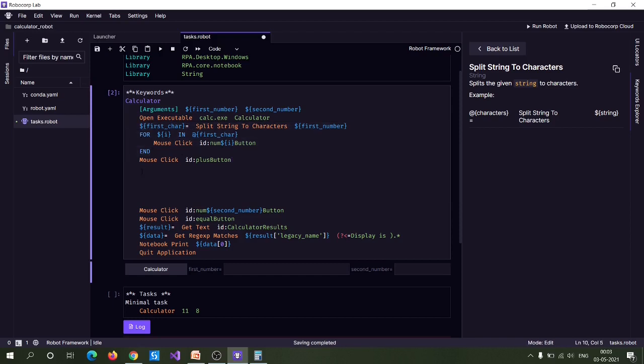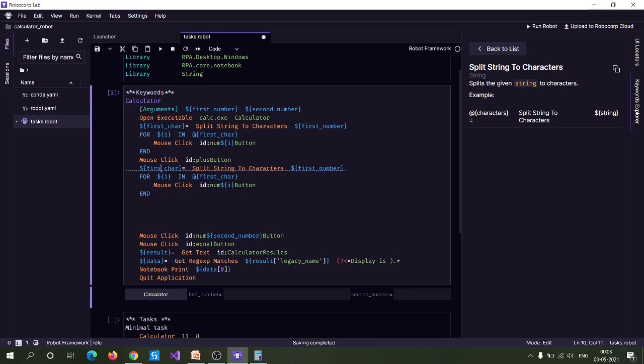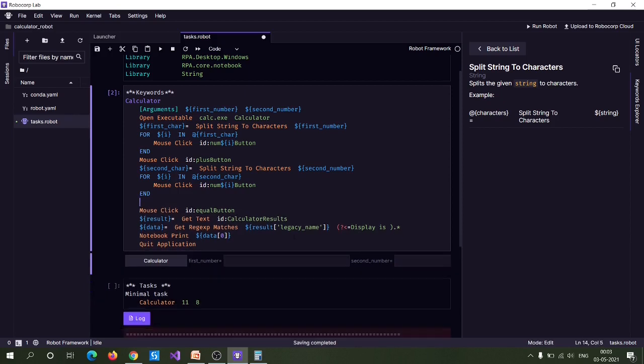So let me specify this here, second_cat. Since the same thing applies, we don't need to write it again. We had already applied it here, so you can delete this one here. The rest is actually the same, everything is the same.